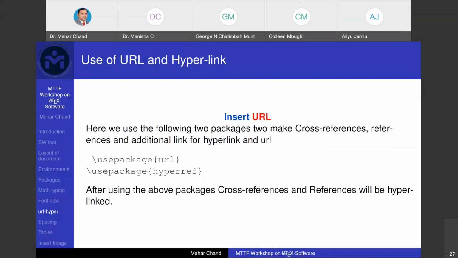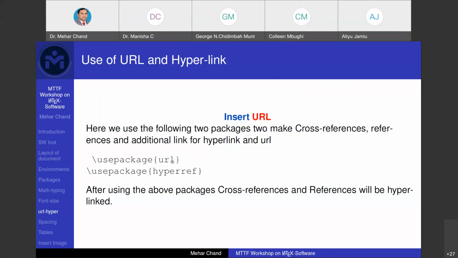Then, after that, we use the packages for URL and hyperreferences. Sometimes we want to use a URL in our document, like a DOI, any website link, or our profile link. We can simply use the URL function, but we need the package, usepackage URL.